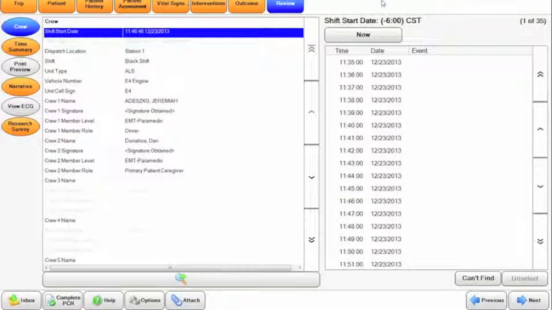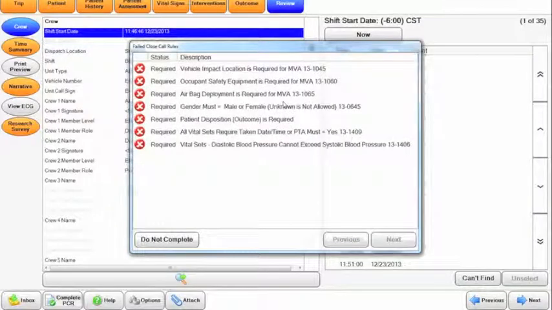Okay, when you get to the end of your report, a couple things you're going to do. Next to the inbox button is your complete PCR button. I'm going to click that. What it's going to do is take the report that we've completed and run it against a set of rules. These rules are predetermined, but they're also changing at times because we might find little things here that